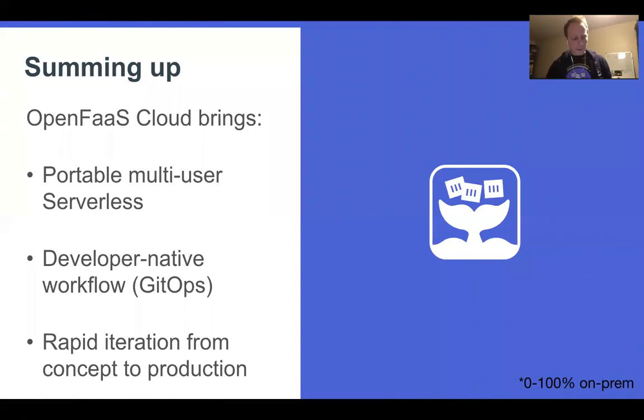So the OpenFaaS Cloud currently has a deployment with GitHub. GitLab is available for early testing if you would like access. We're looking to have the code released from public repo probably within a few weeks.